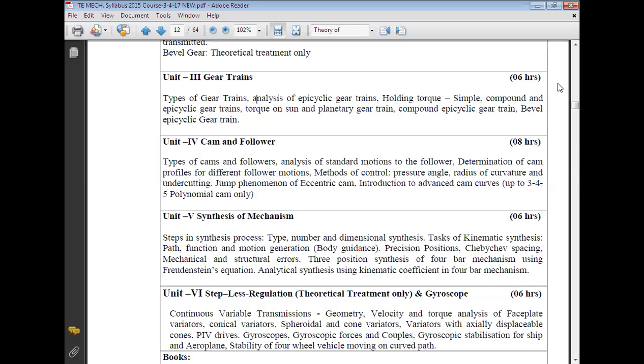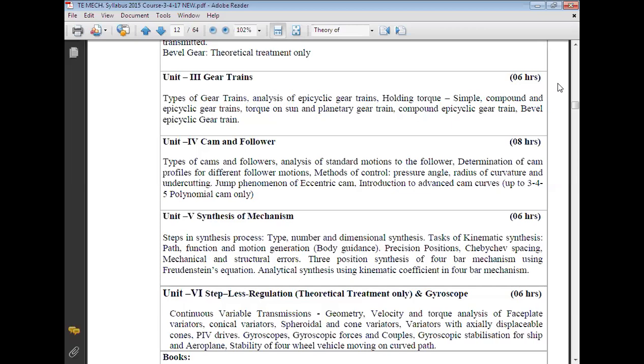Now, if you remember, we have studied the differential, and in the differential, you have this sort of gear train, the epicyclic gear train. So, the epicyclic gear train has wide applications. Suppose we have the same input, but we want variable outputs. In this particular case, we can use this epicyclic gear train, and we can have different output speeds basically. So that can be achieved with the help of the epicyclic gear train.